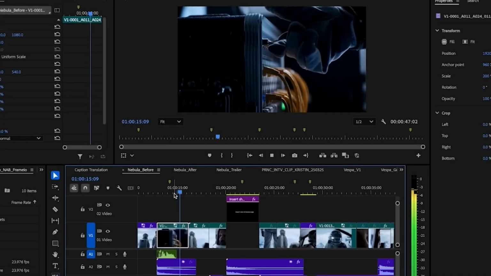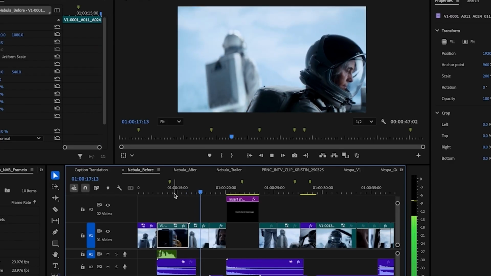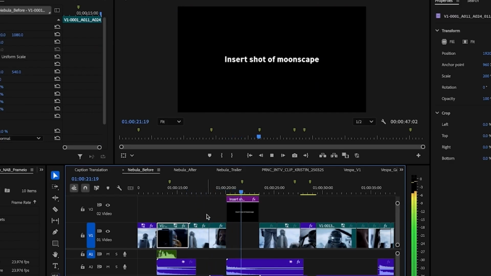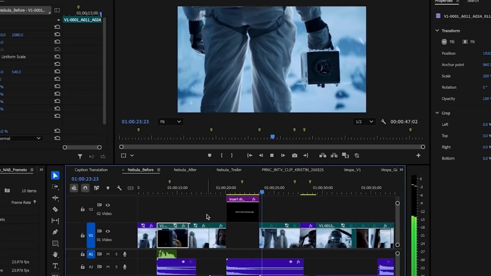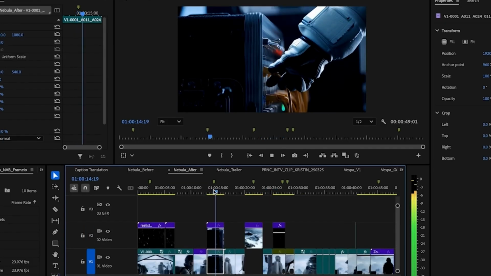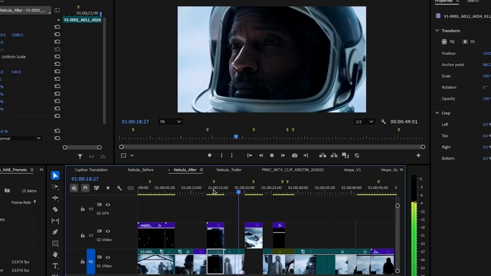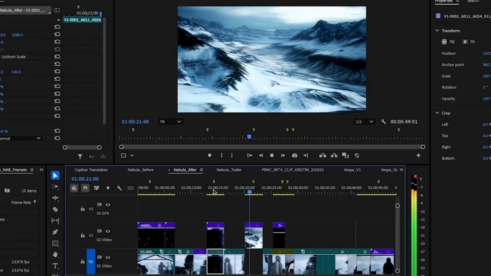Absolutely. Okay, so the next one I'm going to show you is another scene where we have a typical text on black placeholder where we're asking the creative team to add some B-roll or some additional footage. So we're going to run the reel again here, and we're going to play and watch where the placeholder is. You can see it on the timeline. And we're going to use AI to generate some B-roll so that we can actually show what we as a creative direction want to communicate.